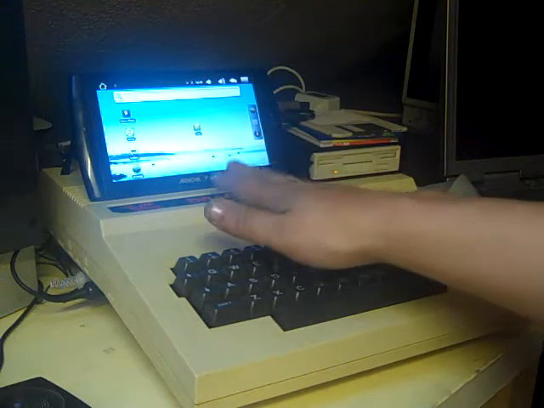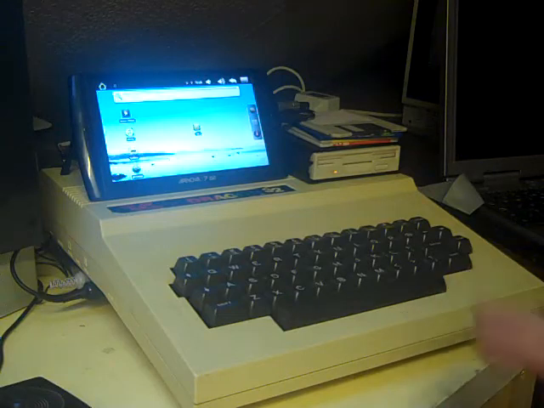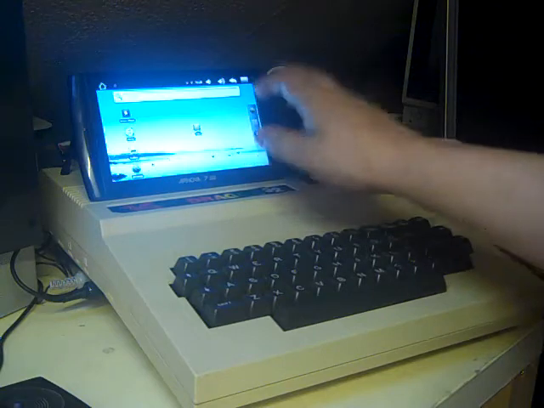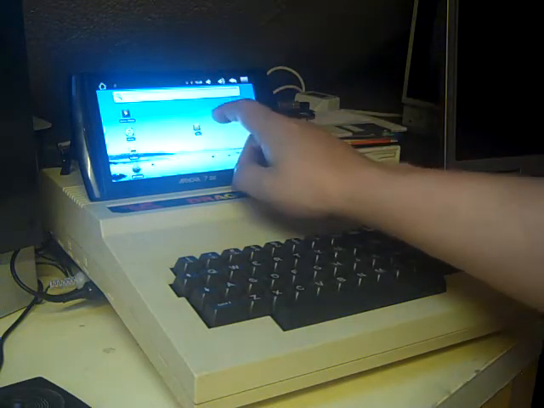Basically what I do is I use this to replace the old tape recorder that these computers would have originally used. I go online and download a load of .cas files, which are the cassette files used in the emulators for the Dragon 32, and I use a little program called cas to wav to convert them into a WAV file. It's not particularly well known, but these tablets with the Android operating system, as well as being able to play MP3s, can also play WAV files. So all I do is put them on a little micro SD card and load that into the